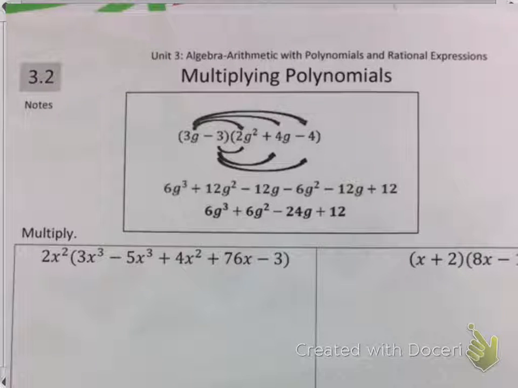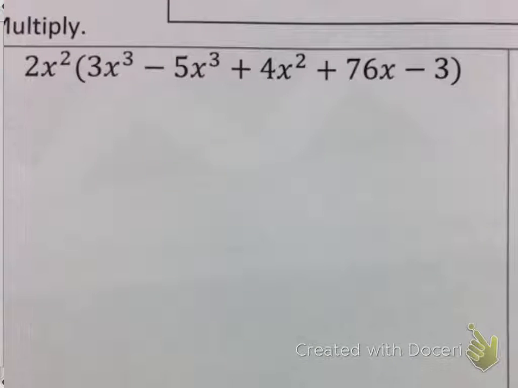Okay, this is Note-Taking Guide 3.2, and we are going to work on multiplying polynomials. As we look at this first problem, we're going to take this first term right here and just distribute it through to every single number in these parentheses. So as we distribute this through,